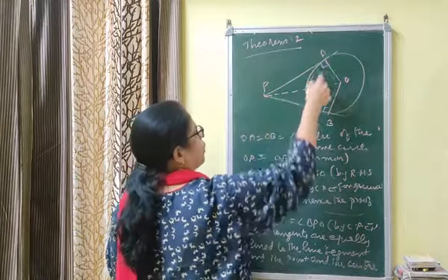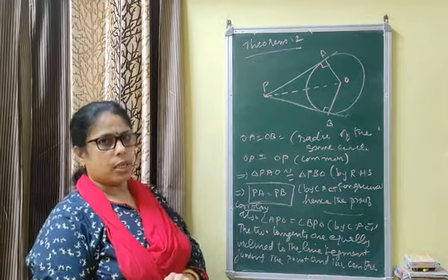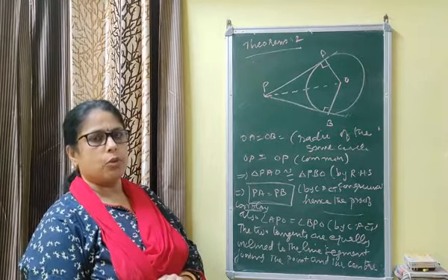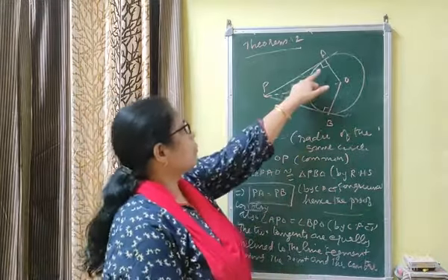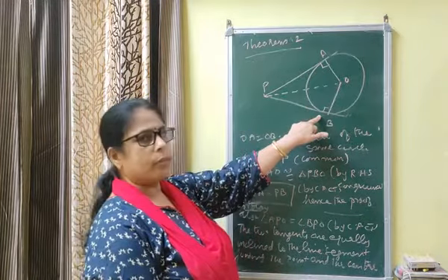Once more I am explaining. First one is we can draw two tangents from an external point to a circle. The length of two tangents from external point to a circle are equal. For that we have made two tangents PA and PB. Construction made is OA, OB and OP joined. Now by the theorem these two angles are equal by theorem 1.